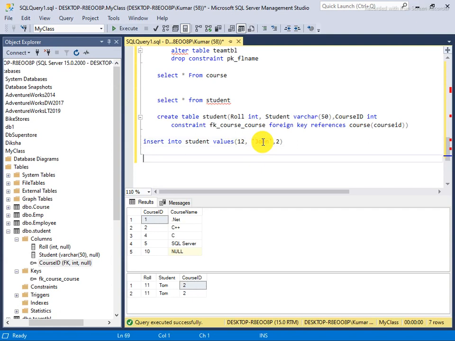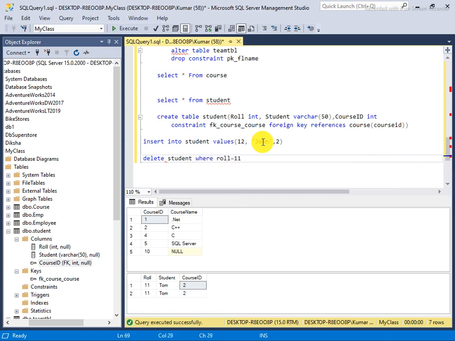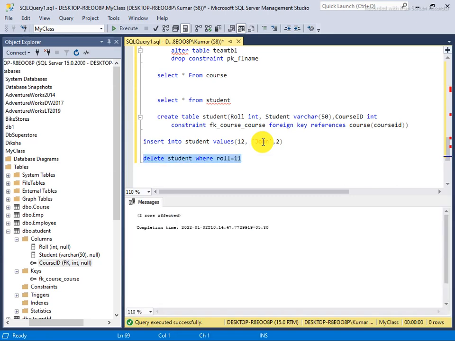Delete where roll number equals 11. So I say 1, POM, and this also enrolls for 2.